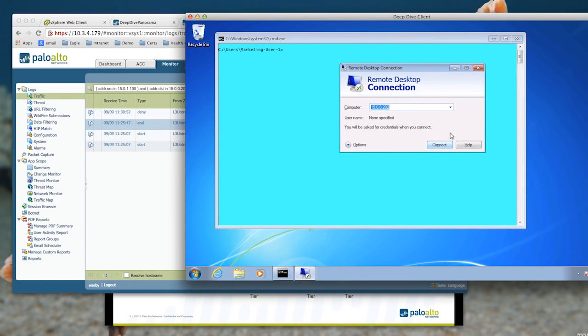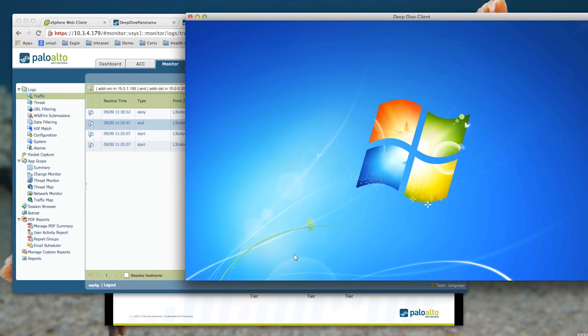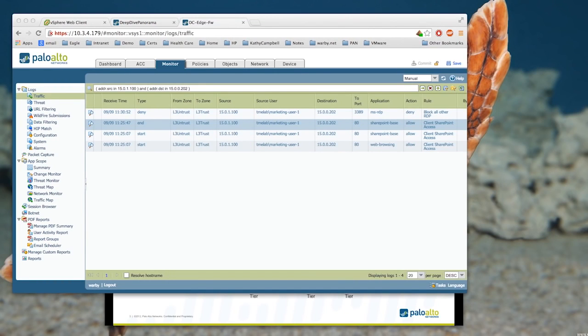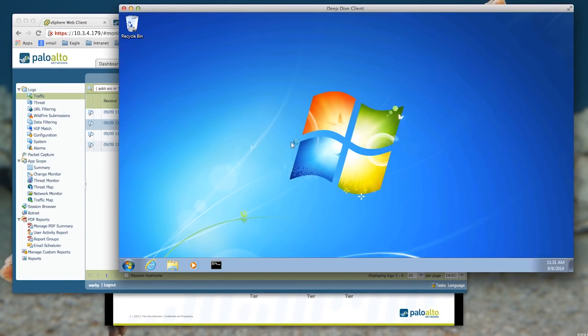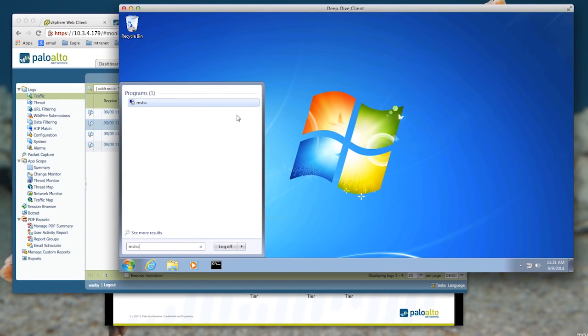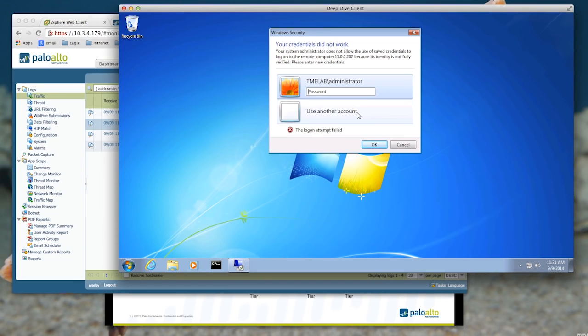So now what I'm going to do is log out of this Windows box, and log back in as the IT user using the domain credentials, and do the same exact test. So we can see I'm logged into the same computer, but this time I'm logged in as an IT user, and I'm a member of the IT domain. So if I, again, from the same source IP, try to connect to that same destination server, this time I get a prompt for a password,